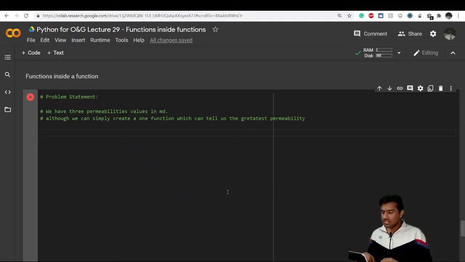So I have a problem statement here, like I have three permeability values in millidarcies. What I want to do is print down the highest permeability there. Whatever is the highest, I want to print. So what I can do is ask the user to give me input of three permeability values. I'll do that by input, and I'll ask to enter the three